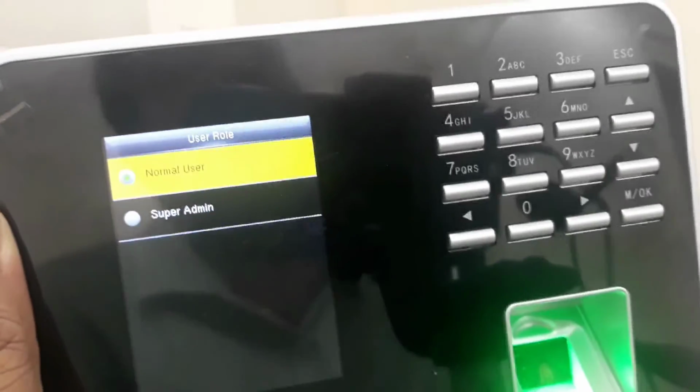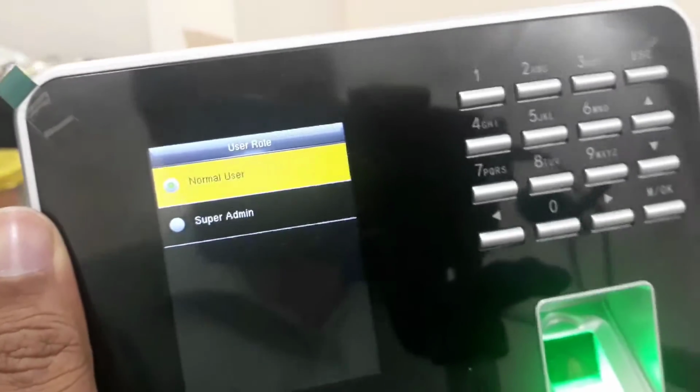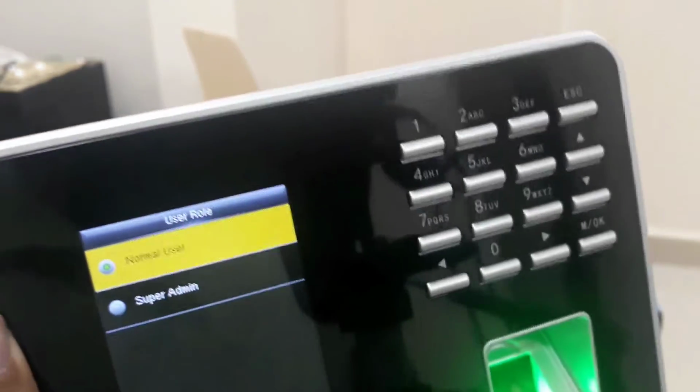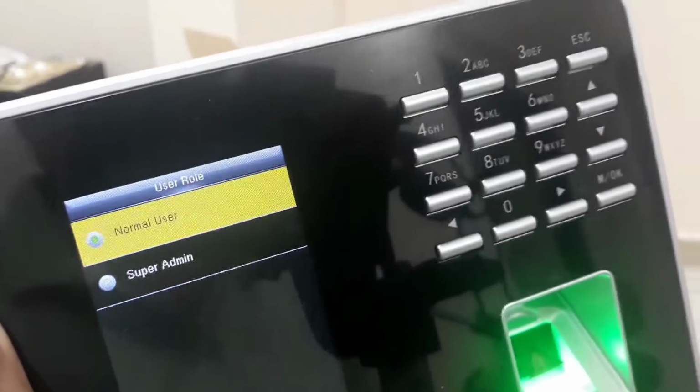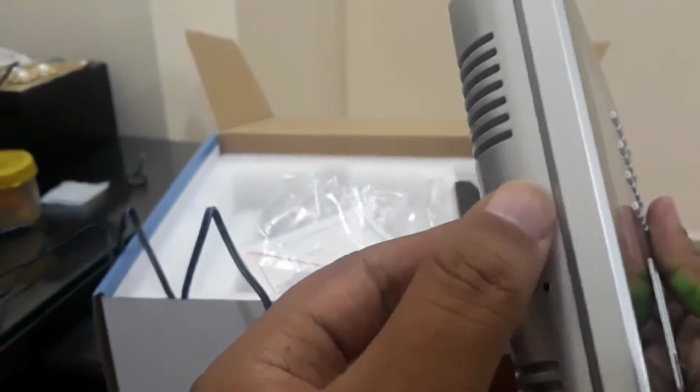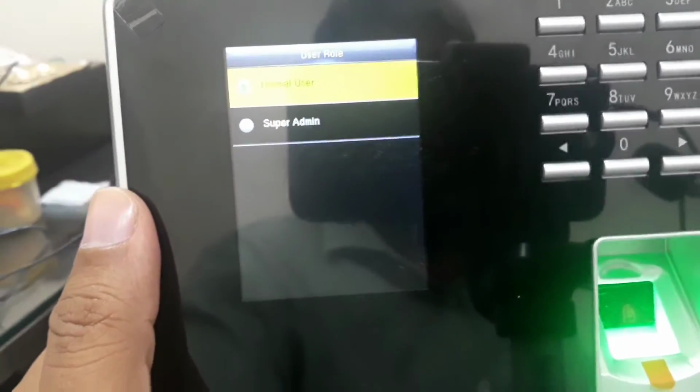Nobody else will have access to enroll users. Also, if you want to download data using a pen drive, that option is here. Using this you can download raw data from the biometric machine. At that time only the authorized admin is allowed to access this biometric machine.